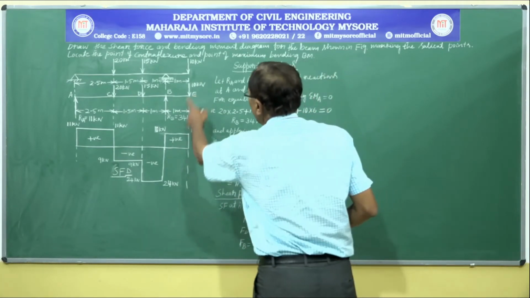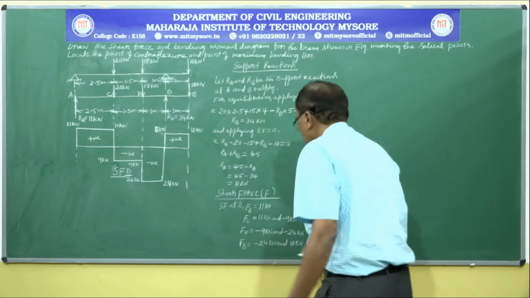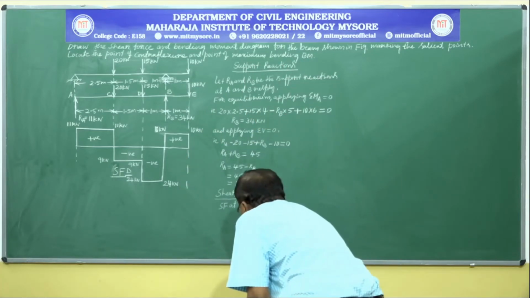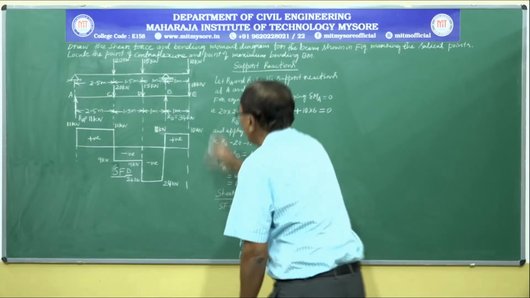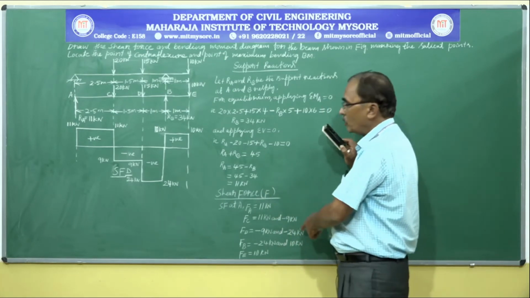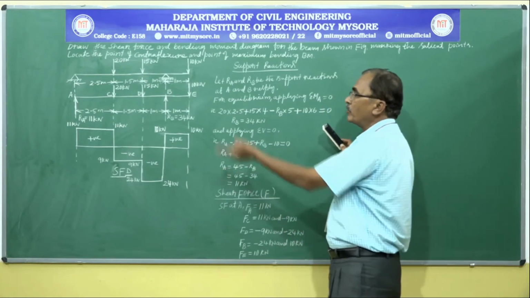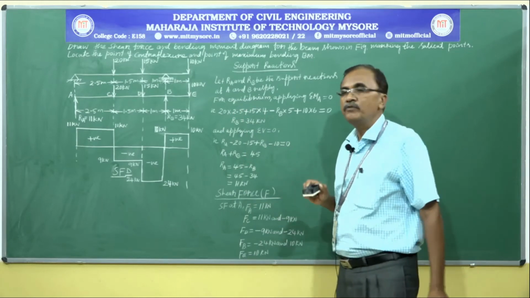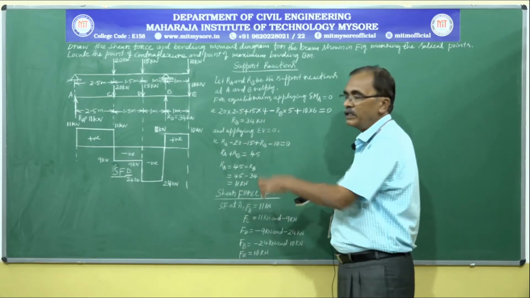Lastly, shear force at E, it is 10 kilonewton, of course 0, it has no value. To write the value, we have to follow the way in which we have proceeded to draw the shear force diagram.